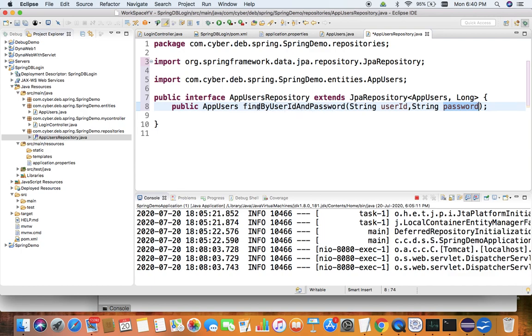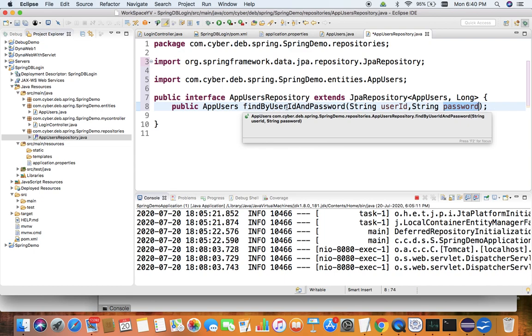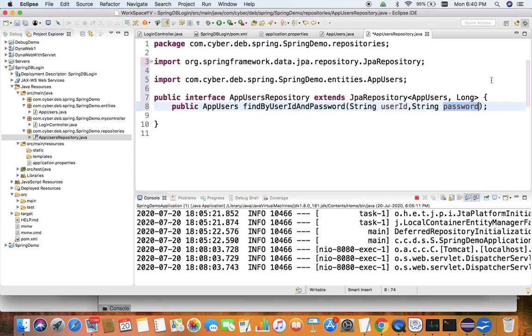This is very specific, findBy. You have to look at it. If you can pause the video, you can see findBy, B is capital, UserId, U capital, meaning the variable's first letter is capital, then And, A capital, Password, P capital. This is a JPA specific method. We can mention the SQL command also, but without mentioning SQL, or not exactly SQL, it is called JPQL, JPA query language. In place of JPQL, you can use a derived method also. So I have used the method.